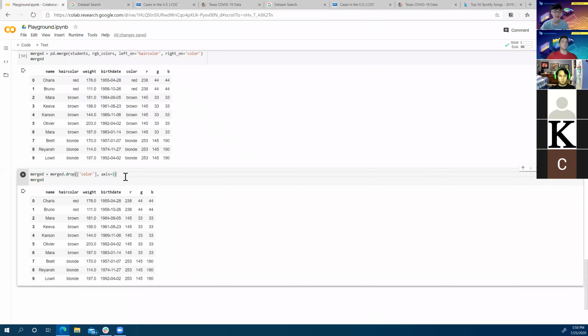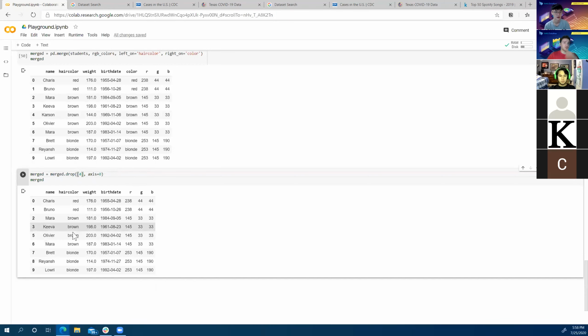Yeah. So you can drop a particular row or you can drop a particular column. The axis tells you which axis to drop on. If you say axis equals 1, this is like axis equals 0, and this is axis equals 1. So axis equals 1 is the column axis, so you're specifying to drop the color column. If I said axis equals 0 and then said drop 4, it would drop Carson. We can see that Carson isn't here anymore. Axis 0 lets us drop a particular row.